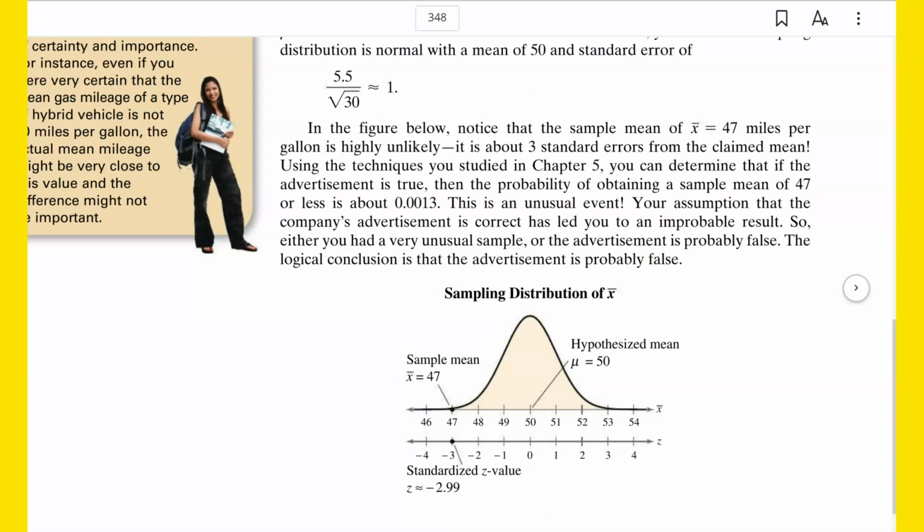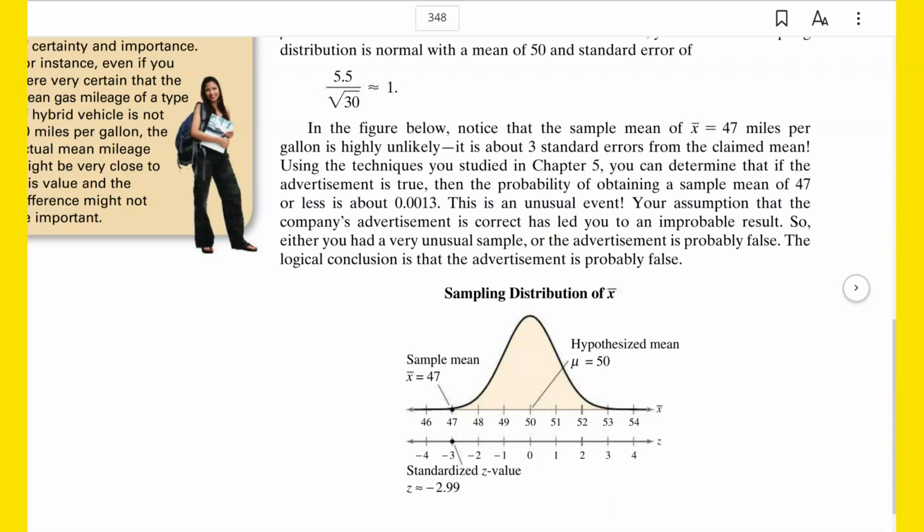Let me see if I can explain that one more time, maybe a little more clearly. The claim is 50. So you just say, okay, if that's true, I'm going to just pretend it's true for a minute. I'm going to take a sample. So the sample is 30 cars. The mean of that sample was 47. The standard deviation of that sample was 5.5. But then you know that the standard error with the